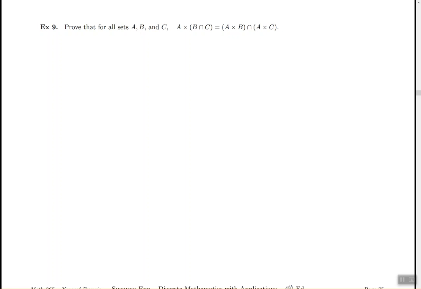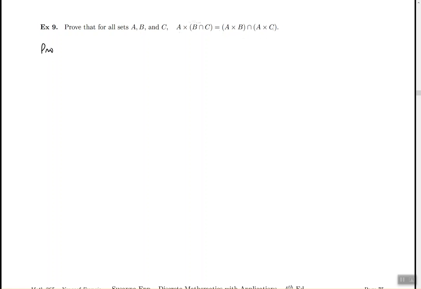Okay, this example will consist of doing a proof with couples or ordered pairs basically. The reason for that is because I'm seeing the little cross symbol here, and I'm crossing A with B intersect C. So there are two sets basically being crossed, so that means we're going to have ordered pairs. And similarly, A cross B, that's an ordered pair. A cross C is an ordered pair. Then I'm taking the intersection, which means I'm going to get ordered pairs.